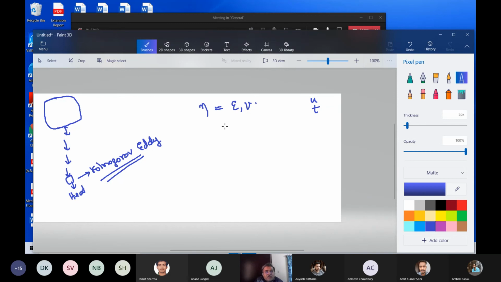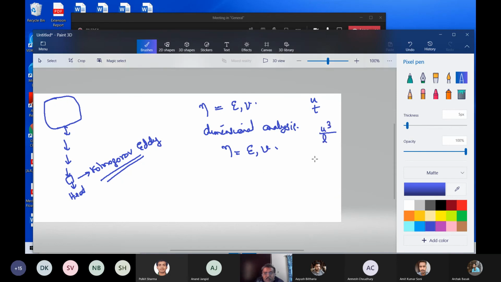Now he also proceeded further. In case this eta depends upon epsilon and nu, how will you get a relationship for eta? He did the simplest thing he could think of, that is dimensional analysis. So eta depends upon epsilon and nu. How do you do a dimensional analysis? I usually make the students do it in the class, but now I don't think I can tell you how from here. So basically epsilon is u cubed by L, I told you.